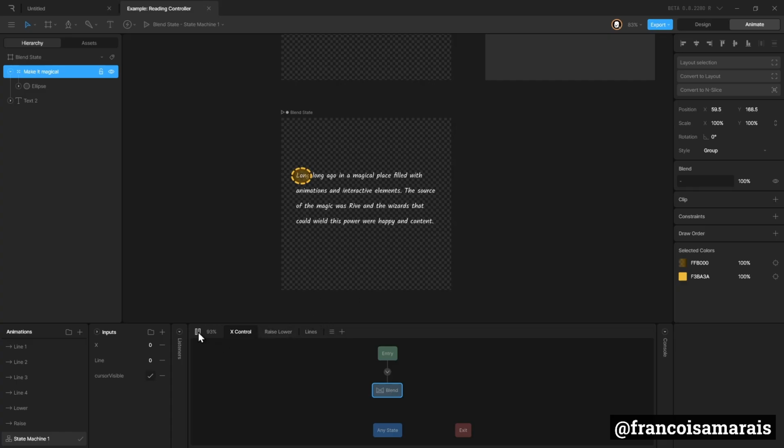So what we're building is a cursor that can be controlled on the X. It can jump from line to line, and it can also be toggled on and off. Okay, so achieving this